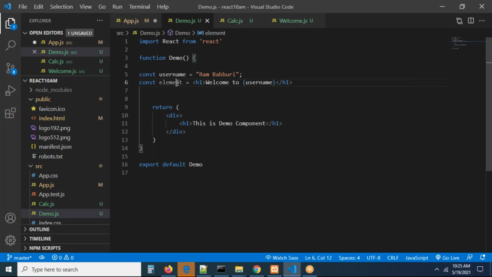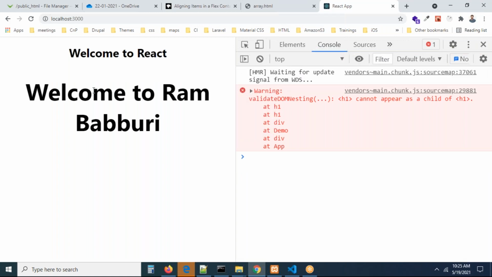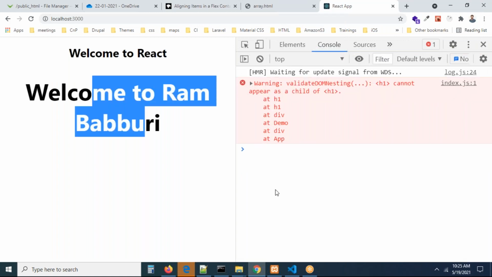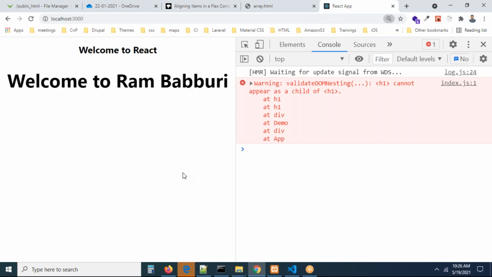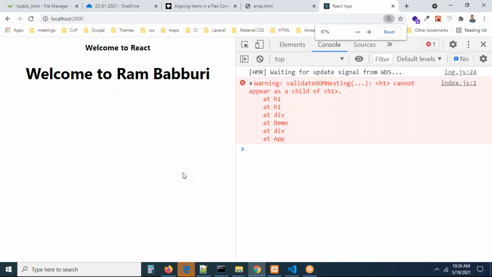Now you want to print this element in the console. Now you can come down inside of it. I'm removing this h1 tag. Inside of it, I'm calling the element directly. Now you can go and check this. You're going to get the welcome message like this. But there is a problem. Can you check the problem? Can you read the console message there? I'm getting some console message. What exactly is the console message? Can you tell me, please?